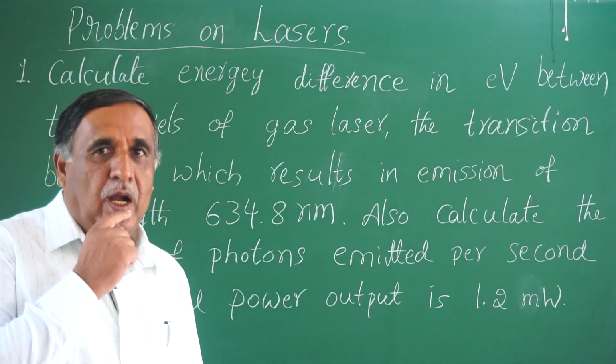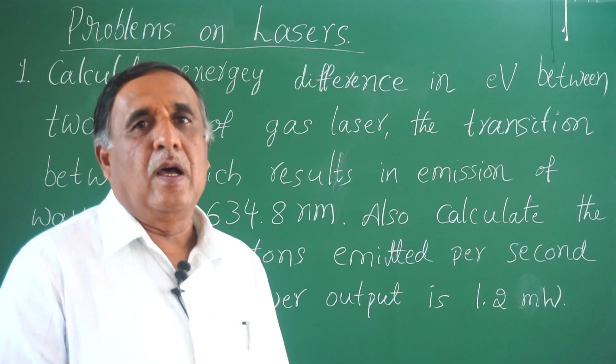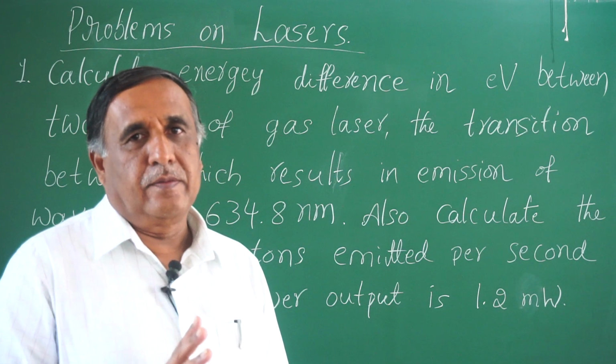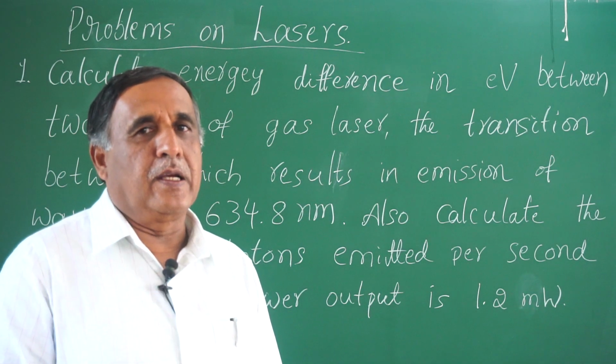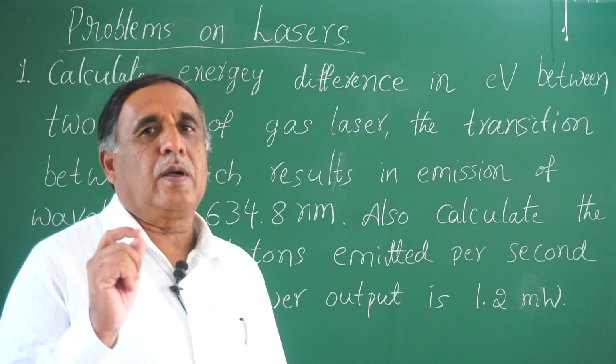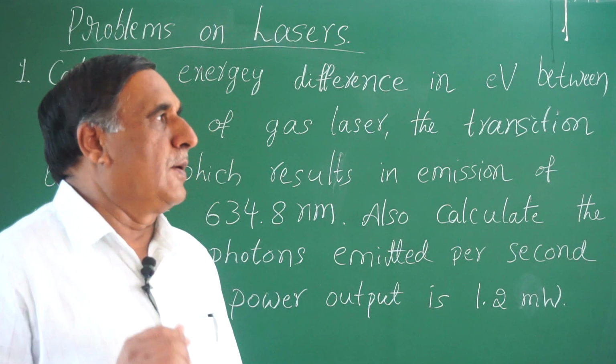Here I would like to add some points. Usually wavelengths are given in nanometer or angstrom units. That has to be converted into meters, because the SI unit of length is what? Meter. Another one is here, power is given in milliwatt. You have to convert to what? Watt. These are the important things. One has to carry out the conversions here.